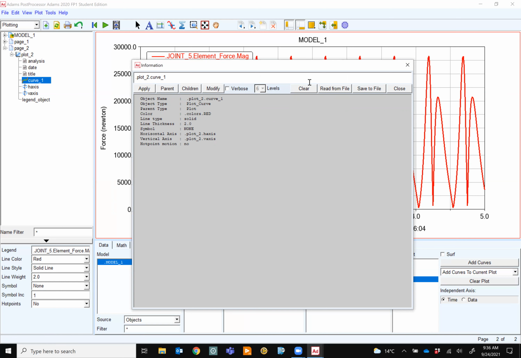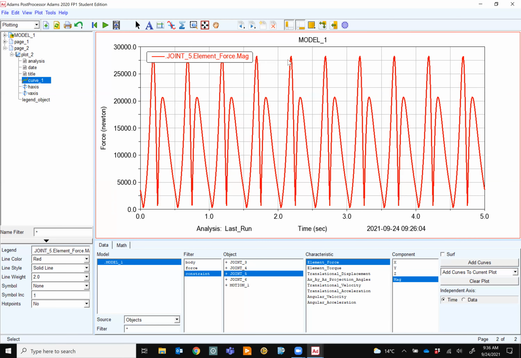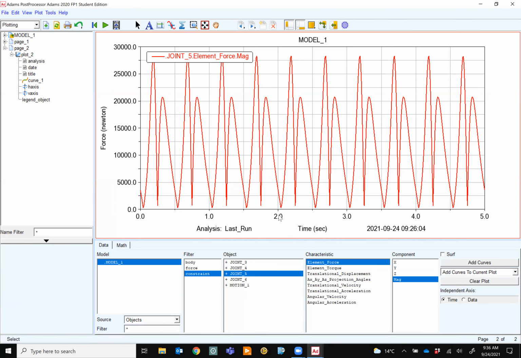Anyway, yes, you can read the exact number and move them to your report. If you click on these labels, on this axis, you can change the label, like time, font size, and many other things you can do.